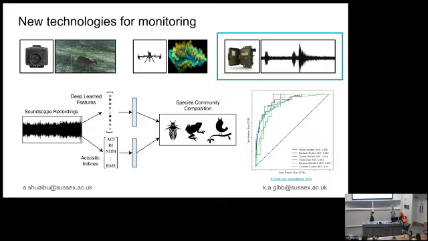The takeaway is that we can actually do this. These metrics do work. So what we're here to talk to you about today is how often, when, and where we should be doing this kind of sampling, right?